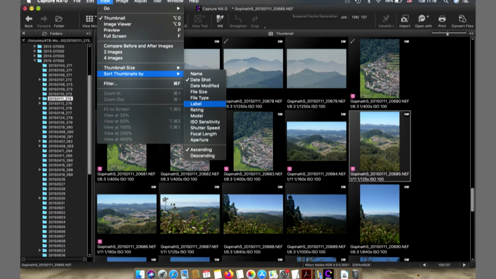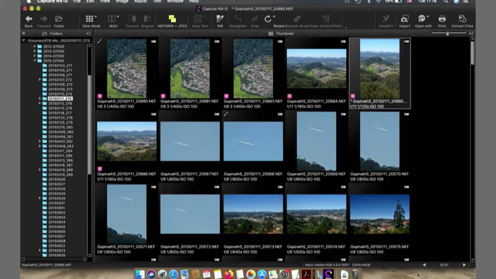So, essentially I am going to command the menu to show the pictures I have labeled first. I am just asking the software to show me the pictures I have labeled. Now, as you can see, the thumbnails got reorganized on their own, and the photographs I labeled are on the top row, whereas the other pictures existing in the folder are those that follow the labeled photographs. So, now your first round of editing is over.